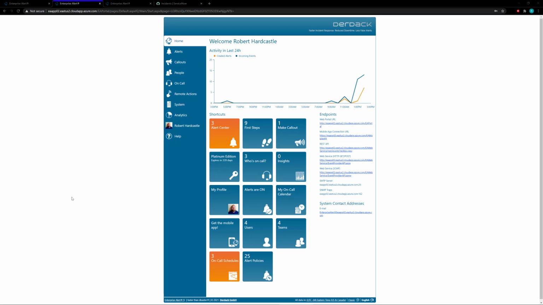Hello. Today we're going to go over the ability, using Enterprise Alert and your third-party software, to dynamically assign alerts to teams and/or users using just one alert policy. So we've noticed during the course of helping users set up their alert policies, or going through assessments with users, that a lot of times people have the exact same alert policy where the only thing different is the